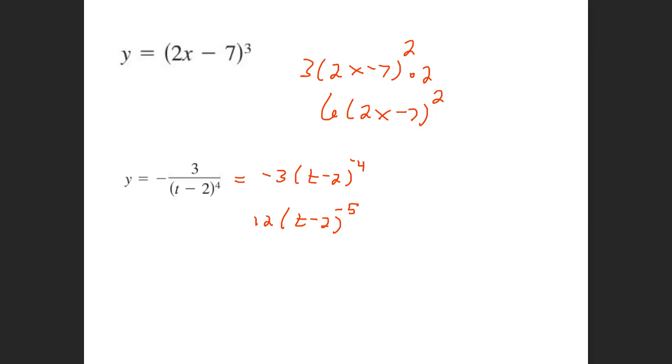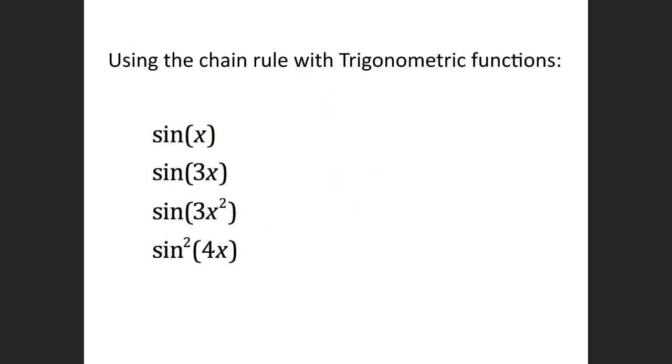All right, so then, if I was going to simplify this now, I'd bring that back down to the bottom. I would just rewrite this as 12 over (t minus 2) to the 5th power. Okay, does that make sense? Now you could use the quotient rule on it, but I would highly recommend not to do that because it's a little bit tougher. All right, now when we use the chain rule with trig functions,